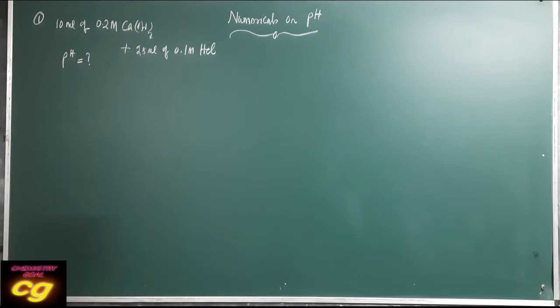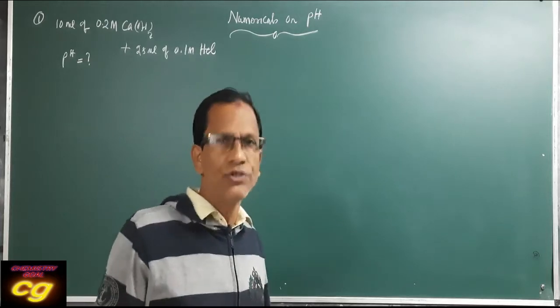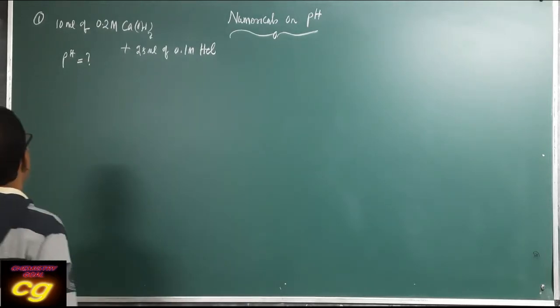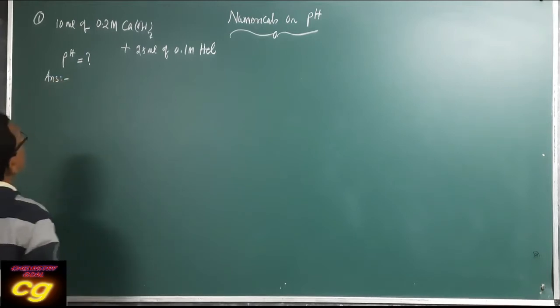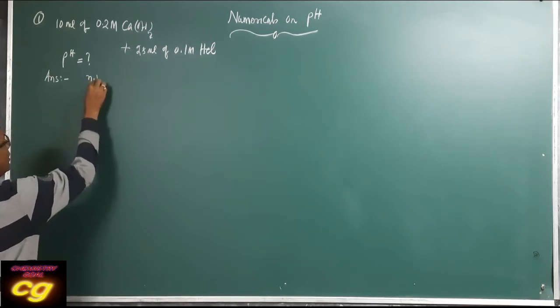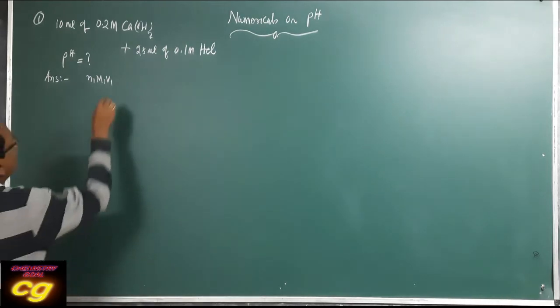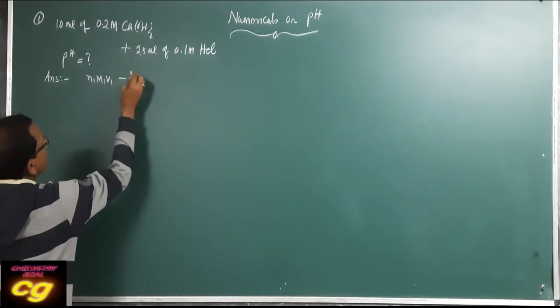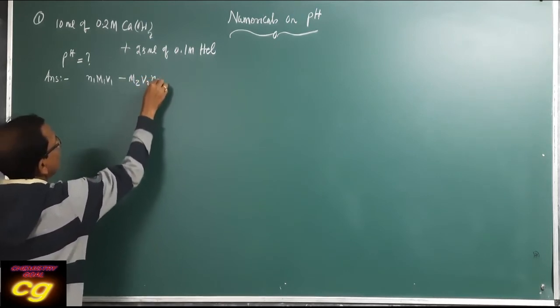But here is an acid-base reaction, a neutralization reaction. For a neutralization reaction, to find the concentration of the resulting solution, there is an important formula. The answer will be like this: we know the molarity ratio. So M1 V1 n1 minus M2 V2 n2